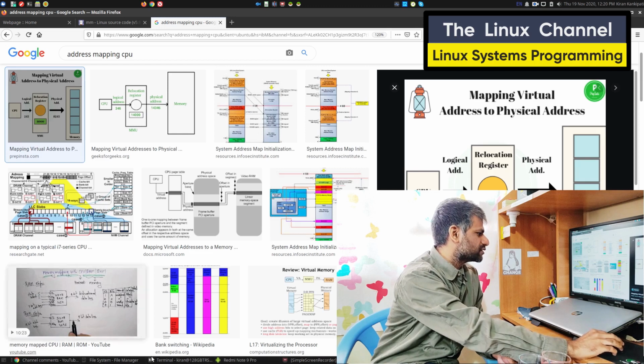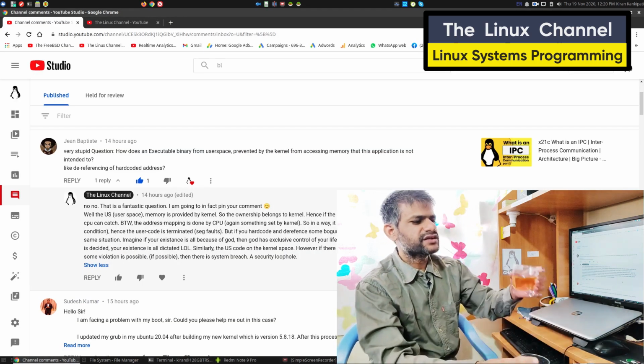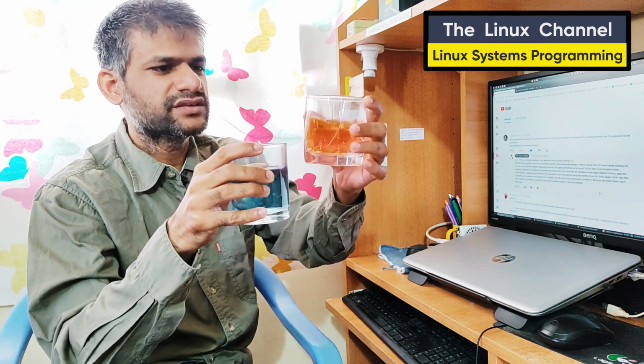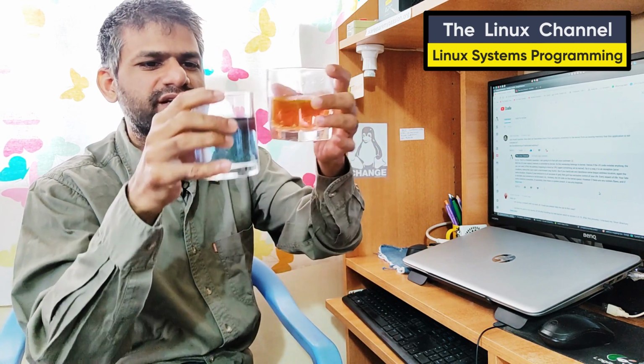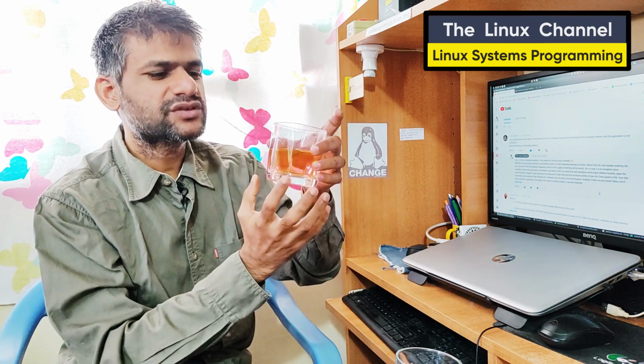And coming to this comment, I said that if something is not like that and somewhere there is a memory leak, and somehow some data of this address space can be read from another address space, then you have a security hole and an issue protecting that address space which is supposed to be protected.